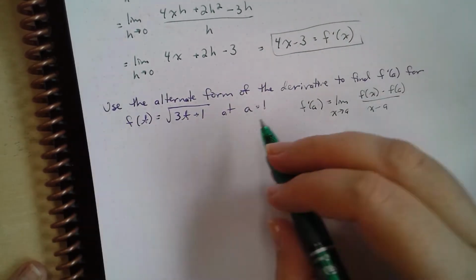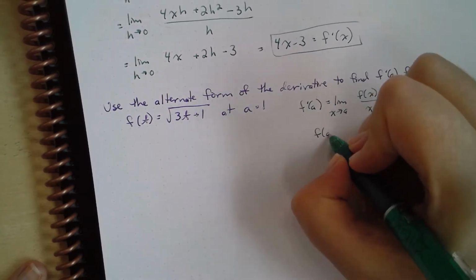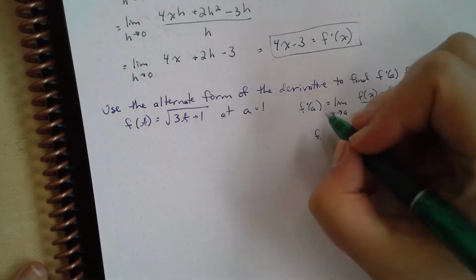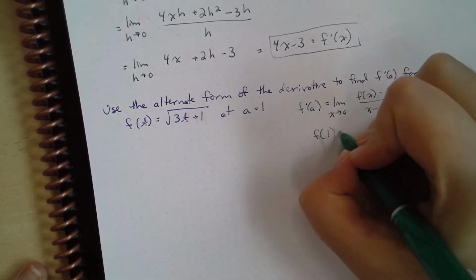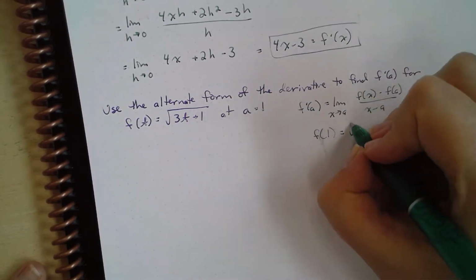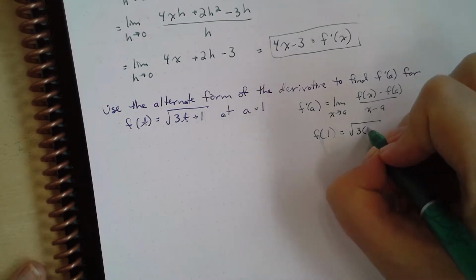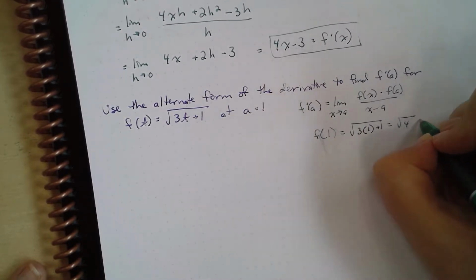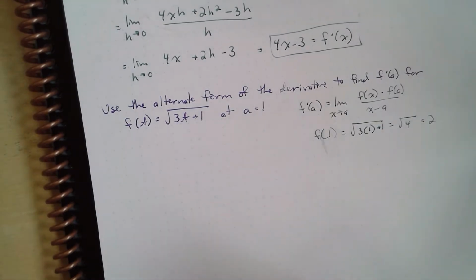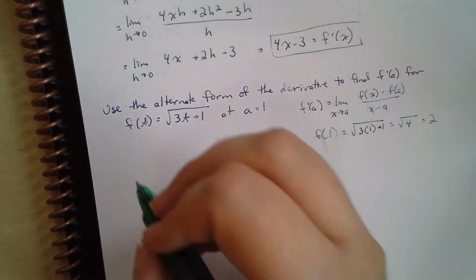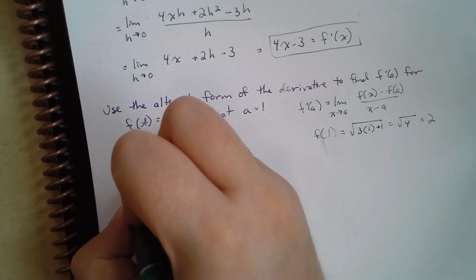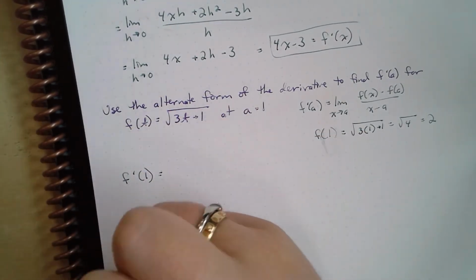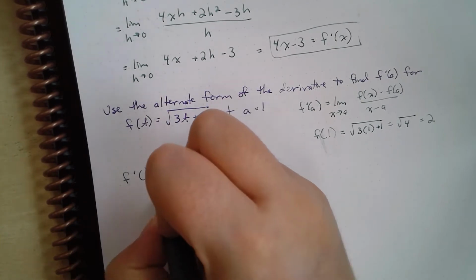Well, first we need to find what is f of a. So f of a, in this case, a is equal to 1. I should write that down. f of 1 is equal to the square root of 3 times 1 plus 1, which equals the square root of 4, which equals 2. That's nice and convenient for us. So f prime of a, f prime of 1 in this case, is going to be equal to the limit